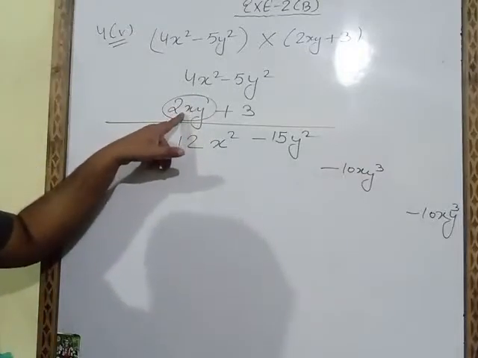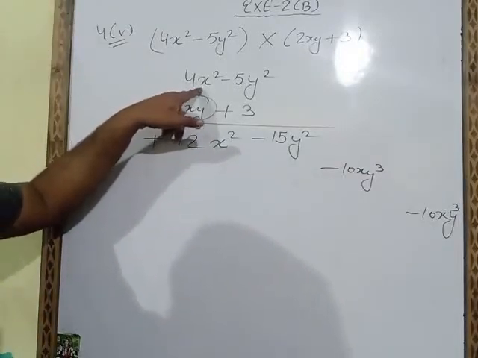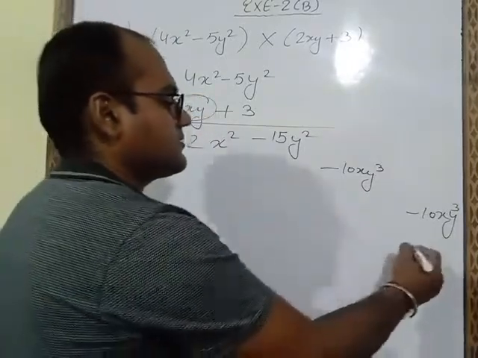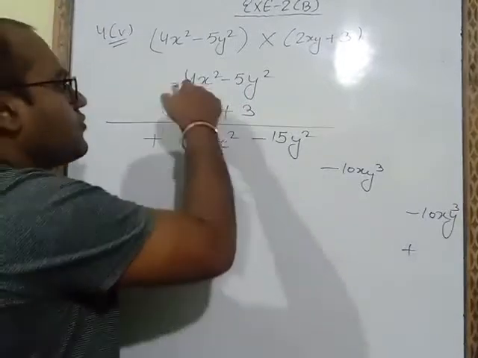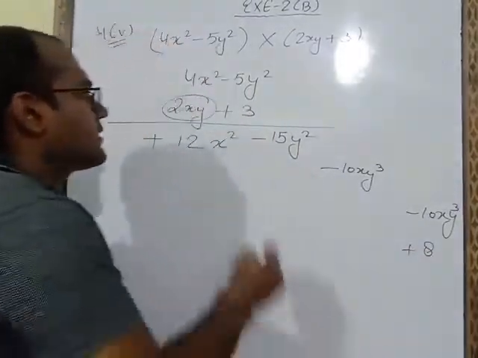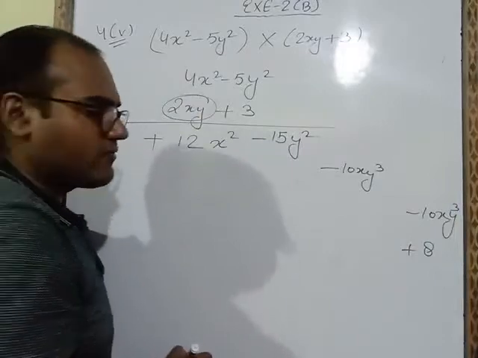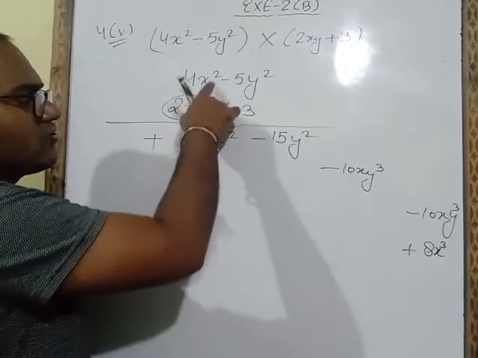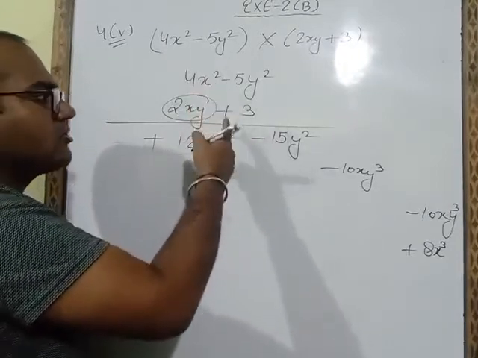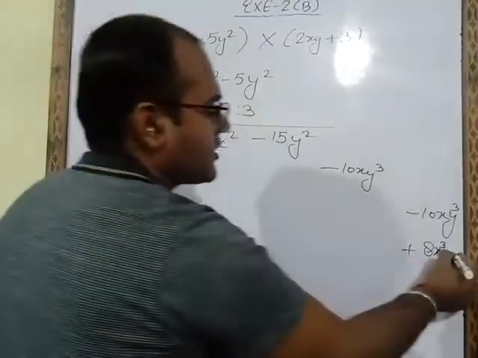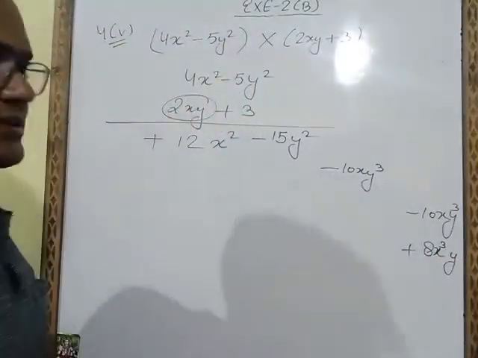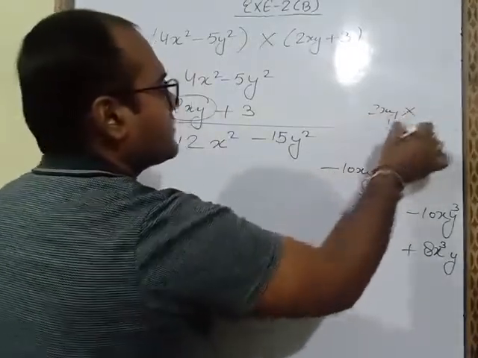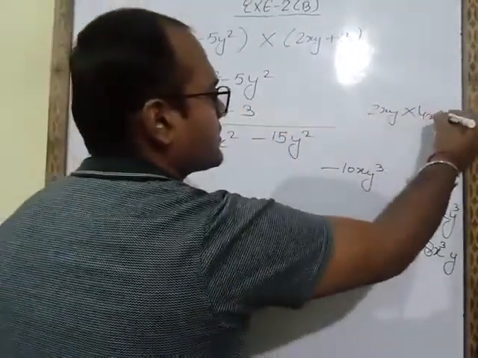Now this number we have to multiply with 4x square. So first of all we have to multiply sign. Plus plus plus. Now number 2 4 ja 8. x into x square when we will do, then we will get x power 3. y into, no y is there. So single y we will get. So here we will get the answer plus 8x cube y. When we will multiply 2xy with 4x square.